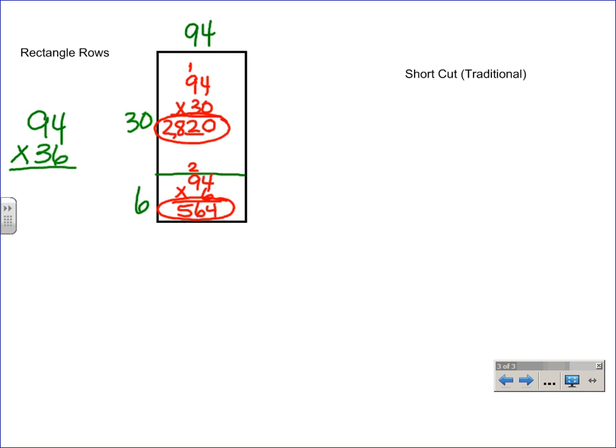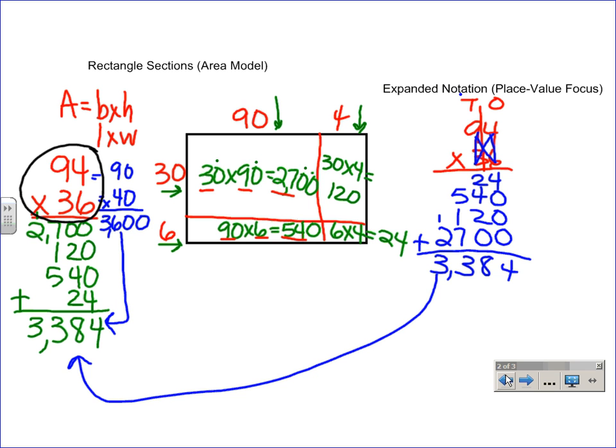What I will do now then is I will take both of those partial products and I'm going to move those partial products over here, 2,820. And with that, I'm going to add 564, 4, 8, 13, 3,384. So the same thing that I ended up over here,